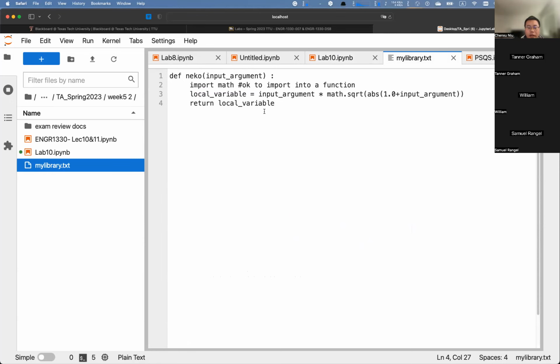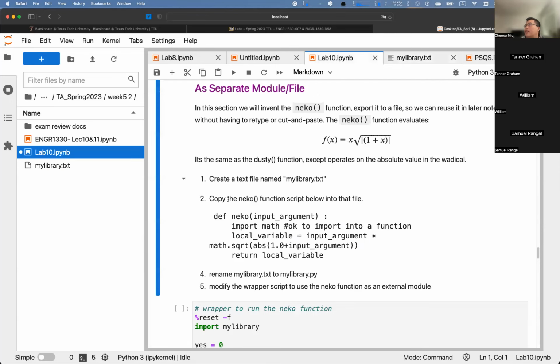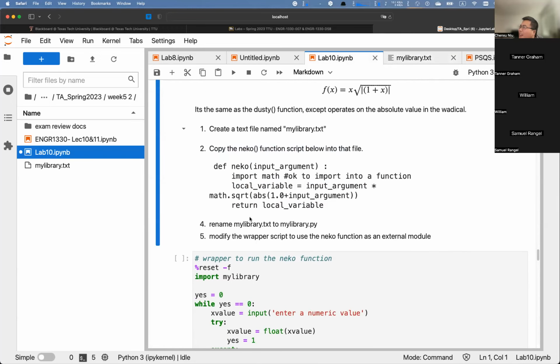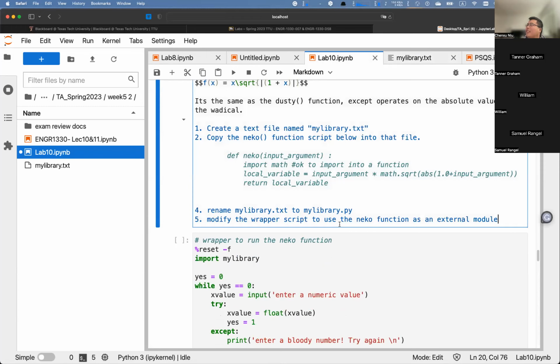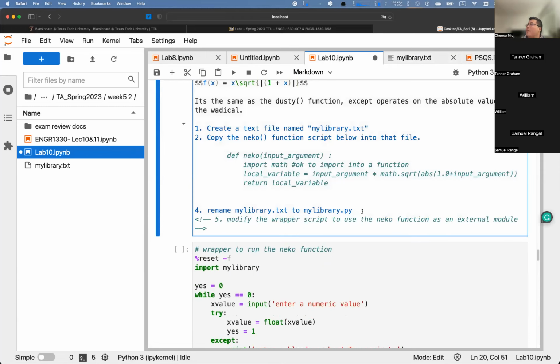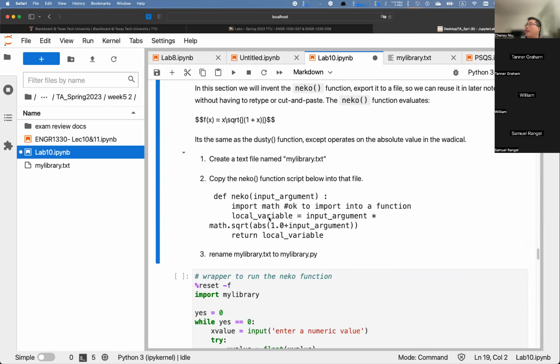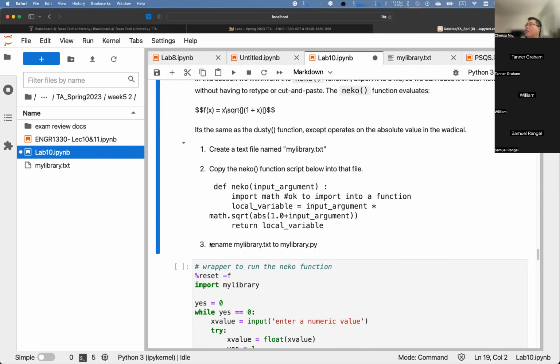Or you can use Command and S or Control and S. This is step 2. Okay, and then there's a step 3. The next step 3 is to rename my library text to my library